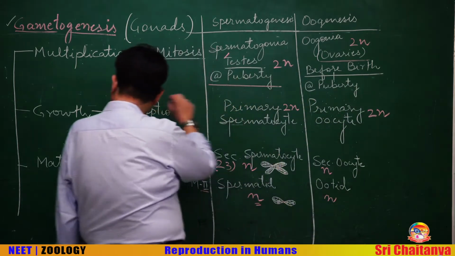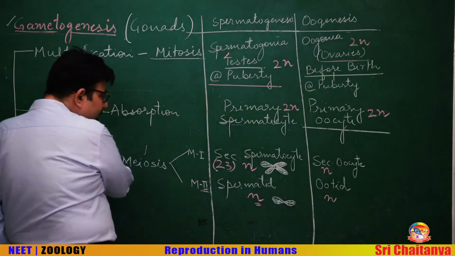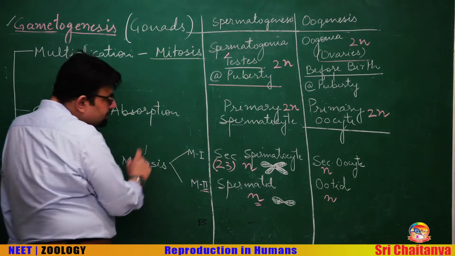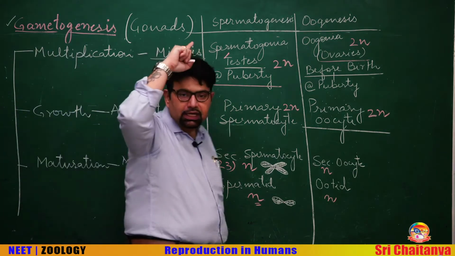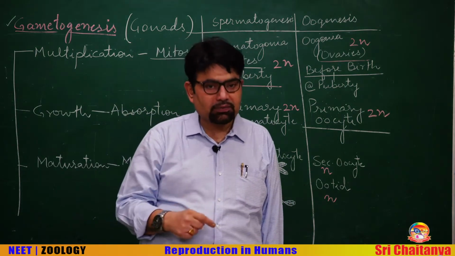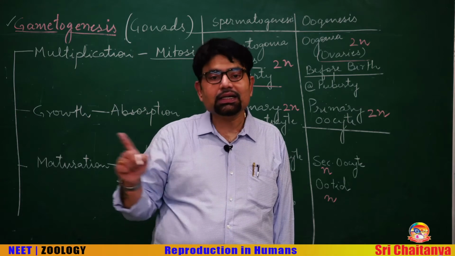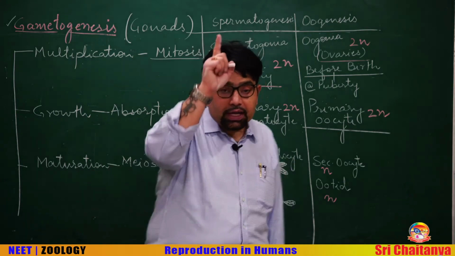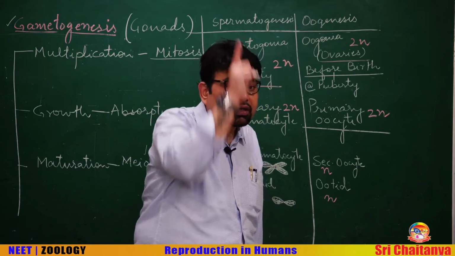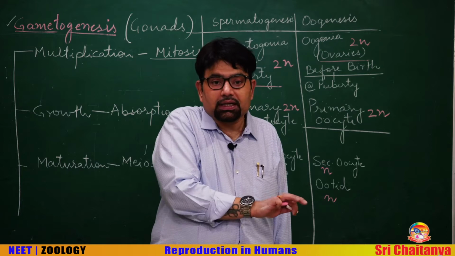It continues, the growth phase also occurs in the embryonic life. Now the maturation phase, here is a point to notice: the meiotic first division begins in the embryonic life. We know that prophase 1 is the longest substage of meiosis 1. It comprises leptotene, zygotene, pachytene, diplotene, diakinesis. We know that. Oogenesis gets arrested at the diplotene stage of prophase 1. So, before birth it stopped there.